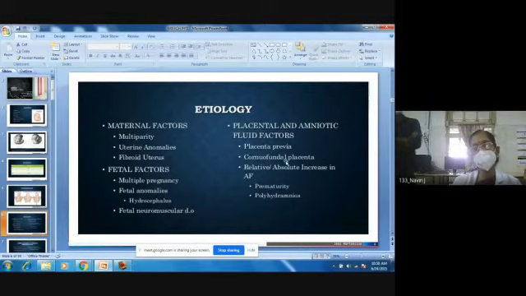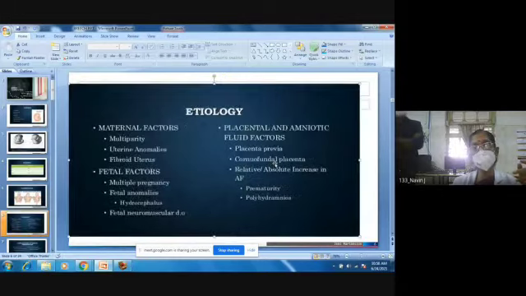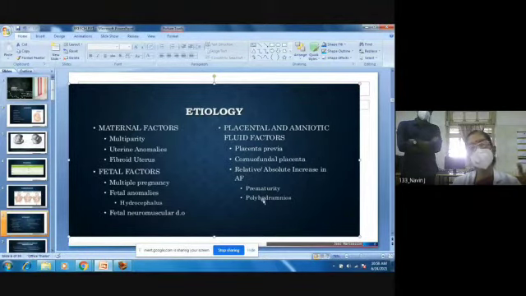Cornuofundal placental implantation is one common cause for recurrent breech. So in the patient, every pregnancy will present as breech. Cornuofundal implantation of the placenta and also uterine anomalies are a cause for recurrent breech, right? Any premature baby, I already told you, at preterm or 32 weeks, 28 weeks, many times the baby will be in breech presentation. When the quantity of liquor is more also, the baby will not undergo spontaneous version. It will remain in some malpresentation or the other, right?